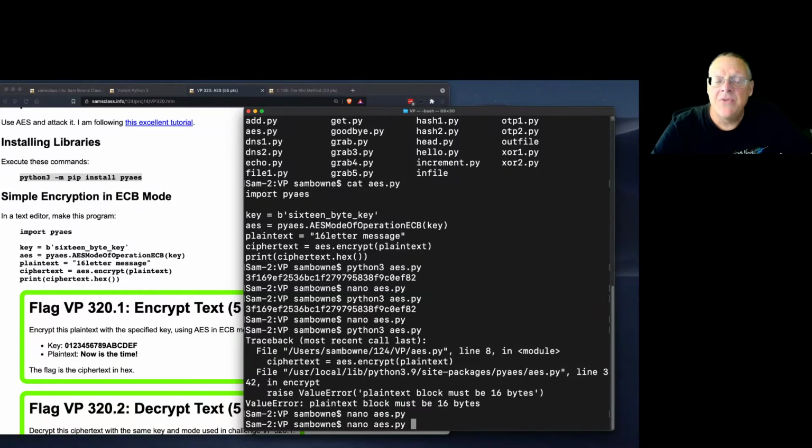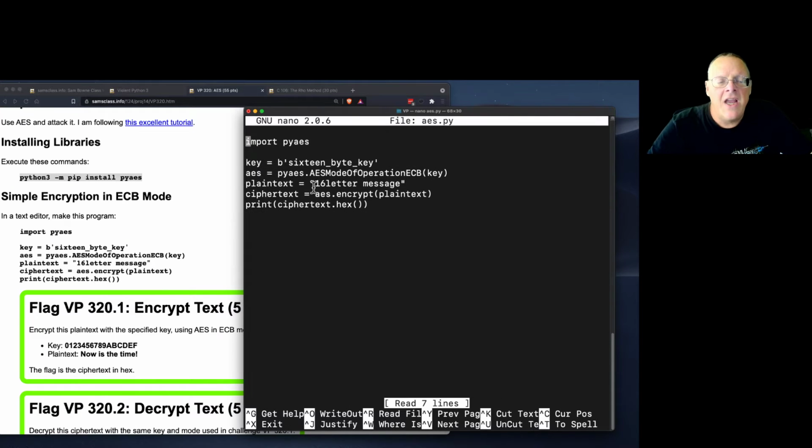This is like Microsoft password hashes. If I have a plain text of this 16-letter message and that key, I'm always going to get that same result. So if there are repeated blocks in the input, they'll be repeated in the output in this electronic codebook mode,